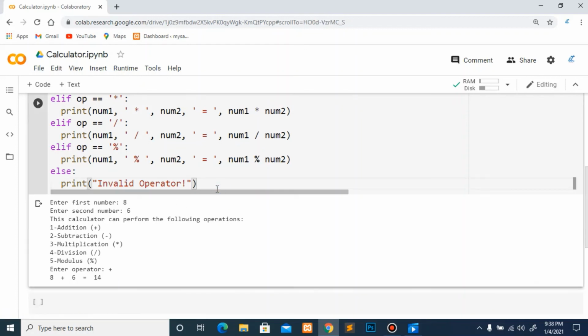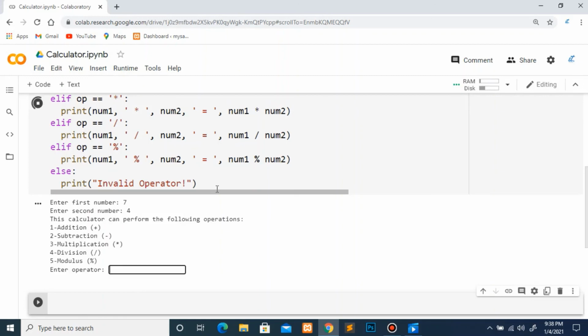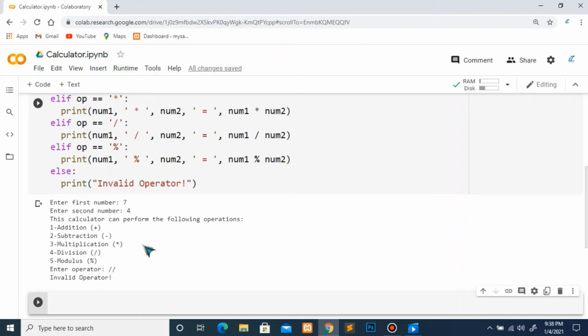But what if I insert an operator which is not available, which is beyond the capacity of our calculator? So for that, the first number is 7, the second number is 4, and I am writing the operator as double forward slash. So it will give the output as invalid operator because this is not the operator that we have defined here in our condition.